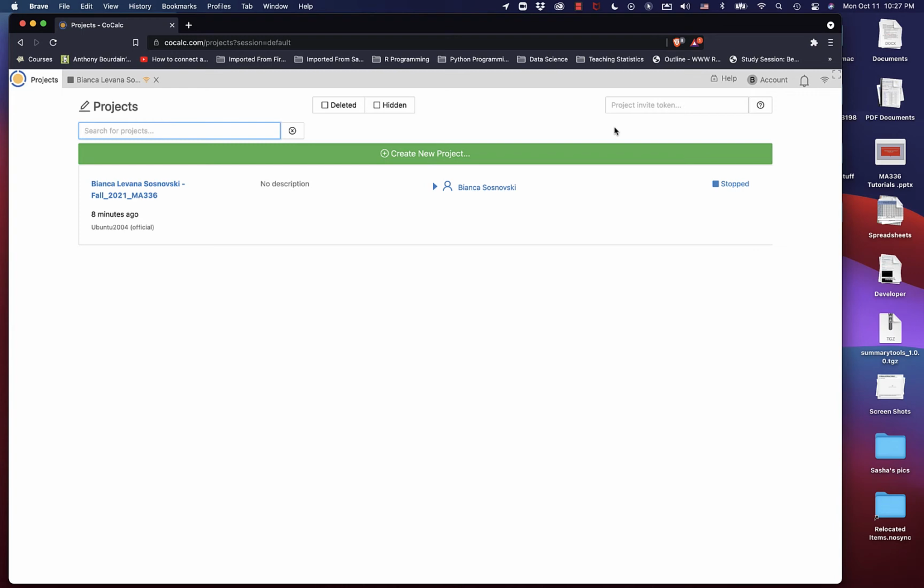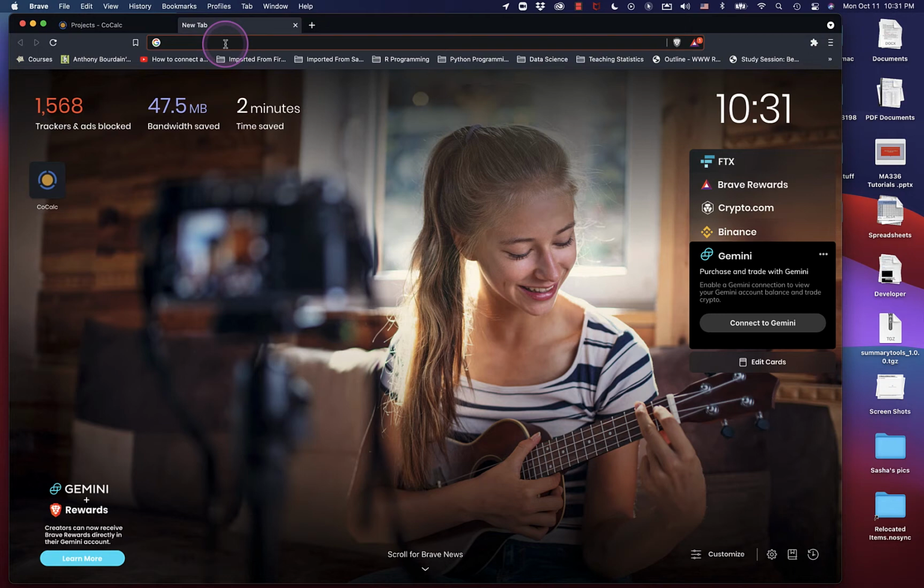Hello everyone, in this tutorial I'll show you how to install R packages in a CoCalc project running on a free server. Because your project is running on a free server, you don't have internet access enabled in your project. In this case, you have to download to your own machine the tarball of the R package you want to install. For example, if I want to install the summary tools package to my project, first,